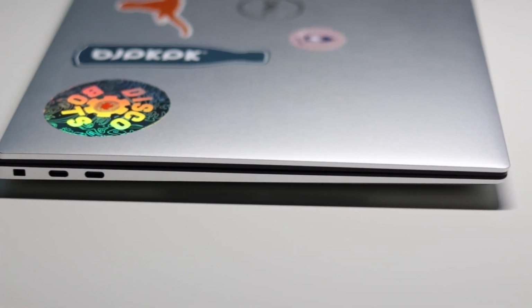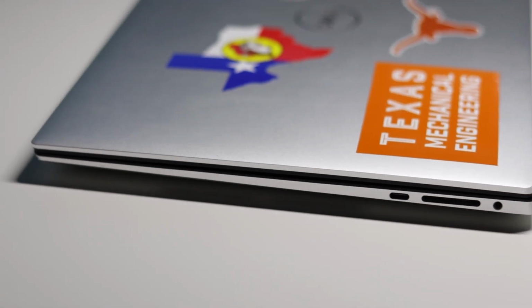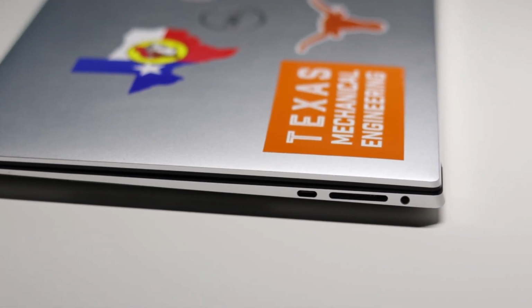For the I/O on the left side, we have 2 Thunderbolt 4 ports that are USB-C. On the right side, we have one USB 3.2 Type-C, a headphone jack, and an SD card slot. Now this is a game changer because for creative professionals, for video editors, for photographers, this is so useful. It's amazing, right? Without needing an adapter, I can just plug in my SD card and get right to editing